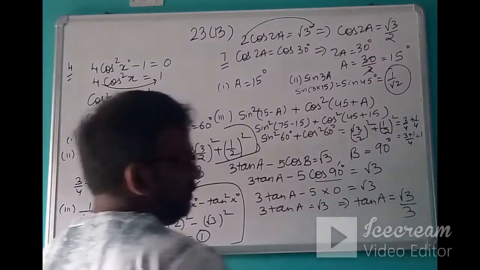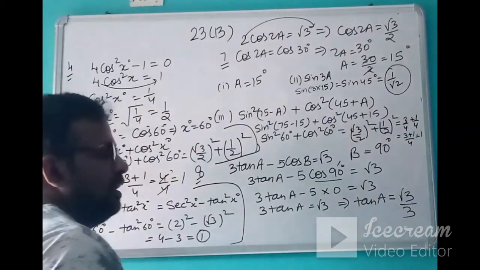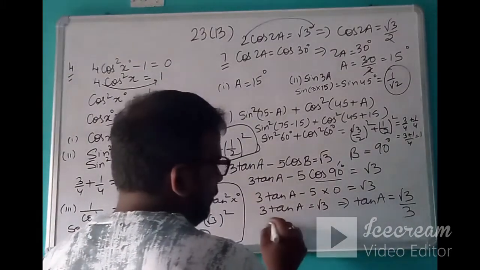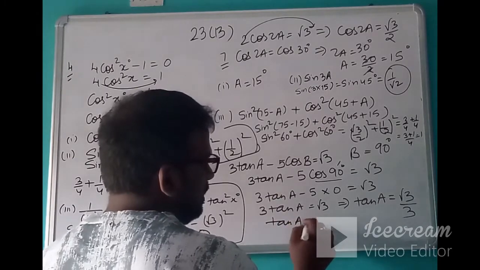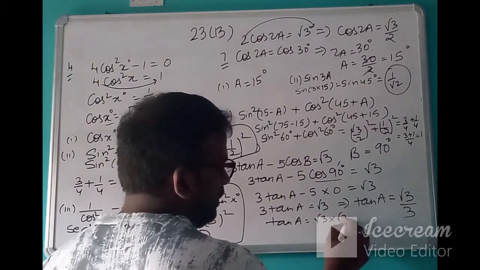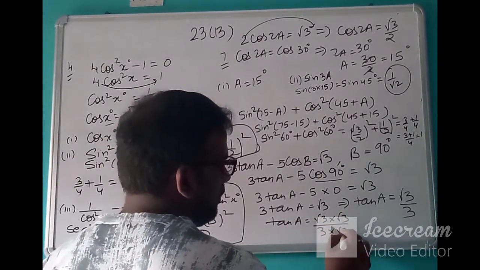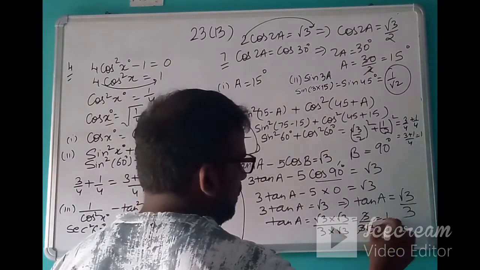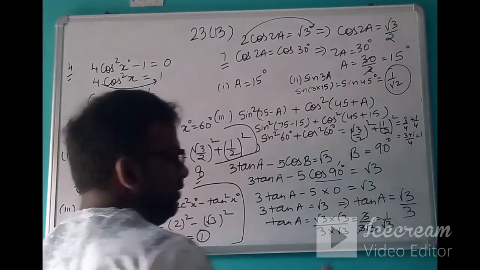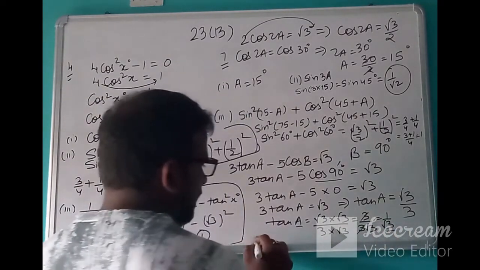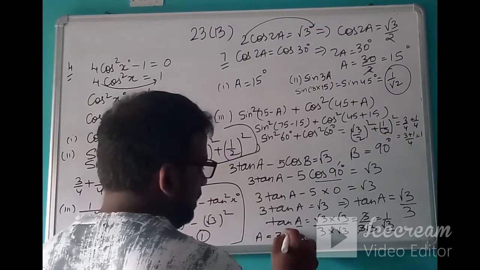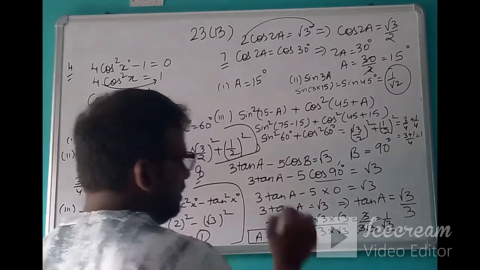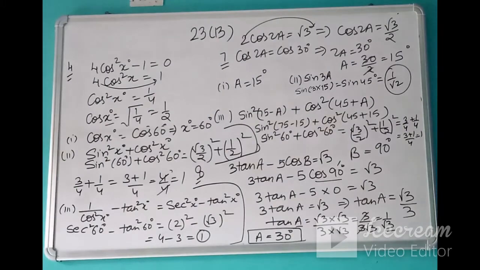So there is no such value present in the trigonometric table, but what we can do, we can solve it like this also. Tan a, this time we will rationalize the numerator. So you will get 3 upon 3 root 3. 3 and 3 cancel, 1 by root 3. And when tan is equal to 1 by root 3, a is equal to 30 degrees. Okay. So like this, you can put the values and you can get the answers of questions like this.